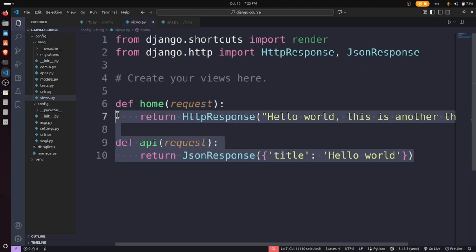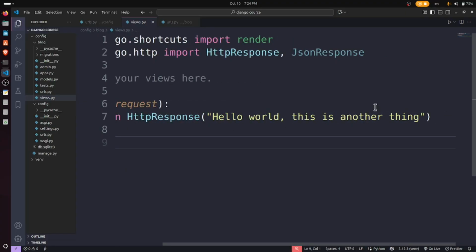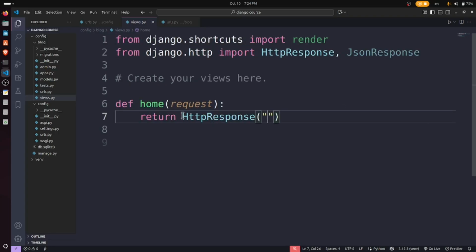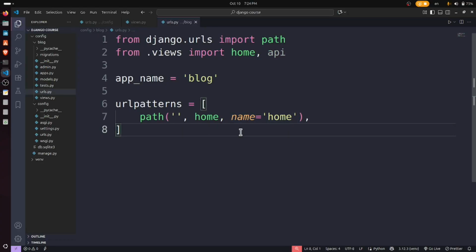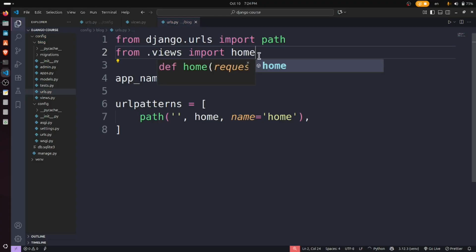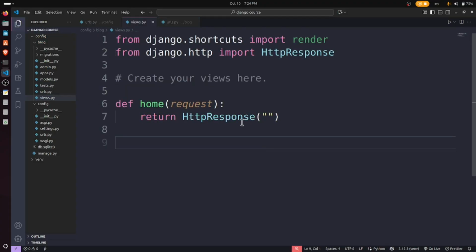We do not need all of them, or we do not need any of them. Well, I just want to remove this and I want to have only one thing here, like this: home view. Okay, I want to clean this as well, and this API as well I don't need. Let's see how we can use the template. Okay, here